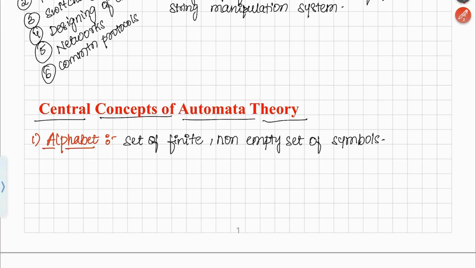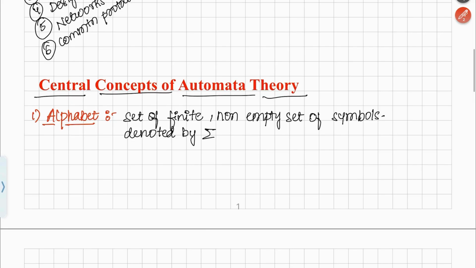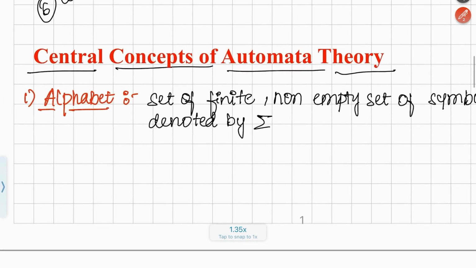So alphabet is usually depicted with the symbol called sigma, right? The symbol is called sigma. It is denoted by making use of sigma. So what does alphabet comprise of? Alphabet could be, I'll write all the possibilities. It could be 0 or 1, that is the binary numbers,